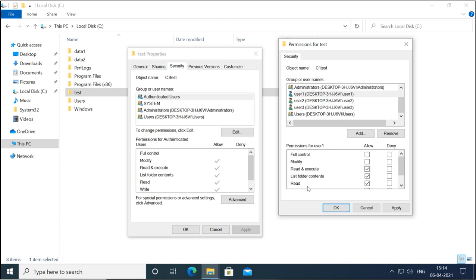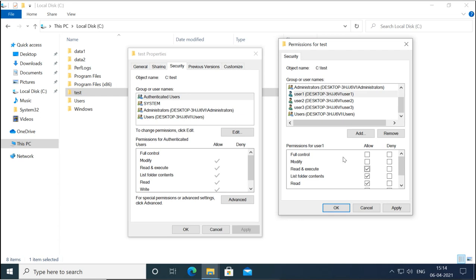Now when you go to advanced permissions, you will see these basic permissions in detail. That means when I give read and execute, exactly what permissions you will get. List, exactly what permissions you will get. Modify, exactly what permissions you will get. In detail, you will see it in advanced. Here it is shown in the basic format, and this is the most common way of giving permission to someone.